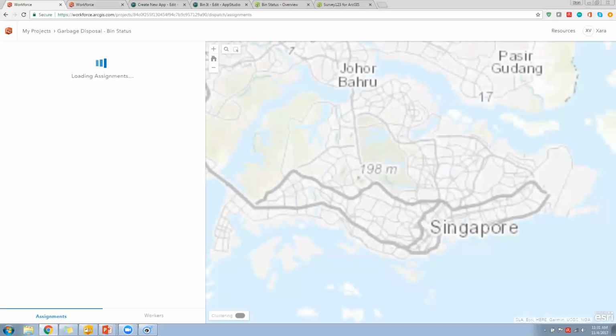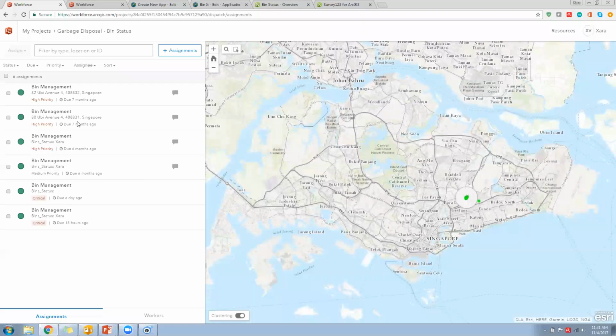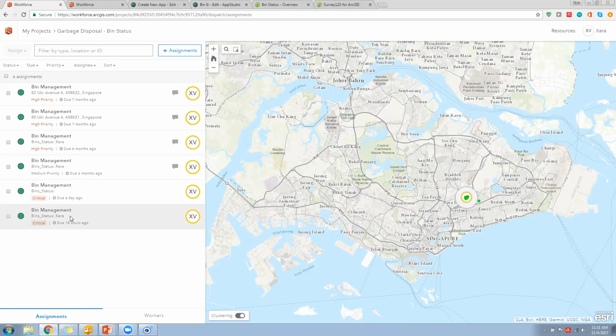Okay, and what I have here on the view after it has successfully loaded is basically the dispatcher's point of view. So as the dispatcher, I will be creating several assignments that I would like my workers who are out on the field to work on or to navigate to and attend to.